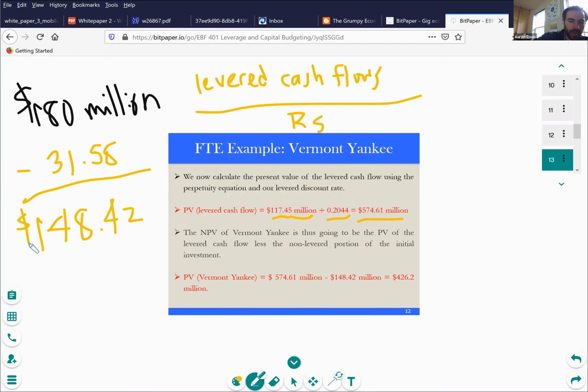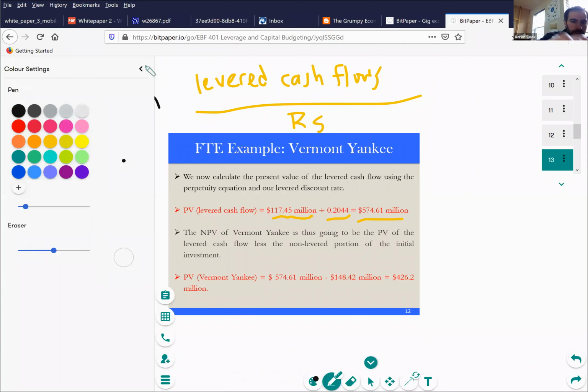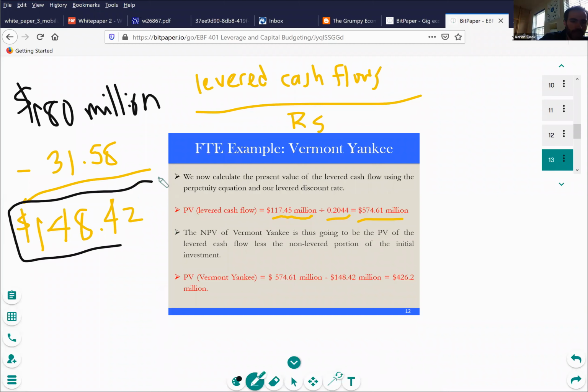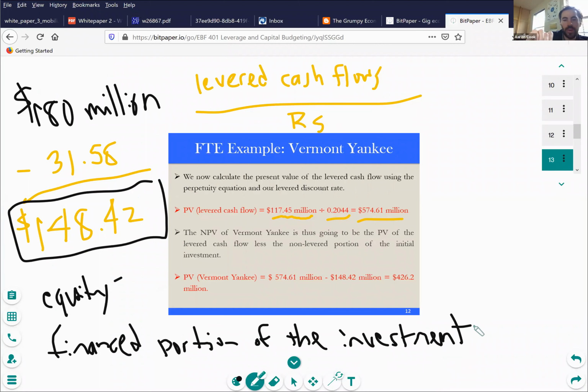You can think of this as the equity financed portion of the investment. That's what gets subtracted off of the present value of levered cash flows. Those levered cash flows already account for the cost of debt, so you only subtract off the portion of the investment cost that is equity financed. And so you subtract off 148.42, and you end up getting